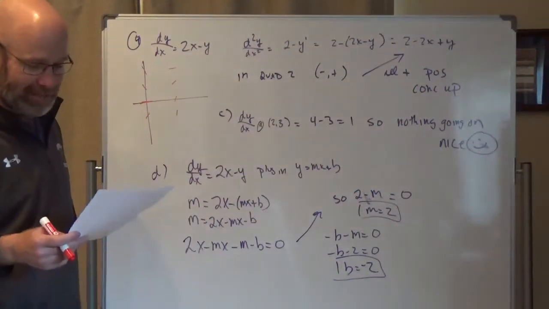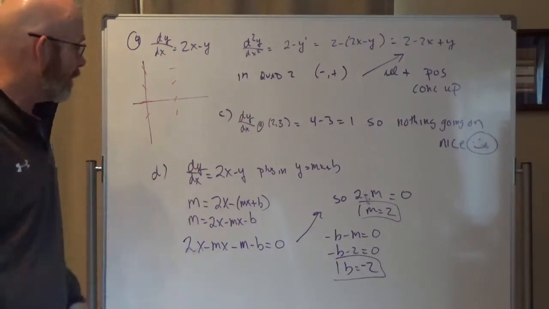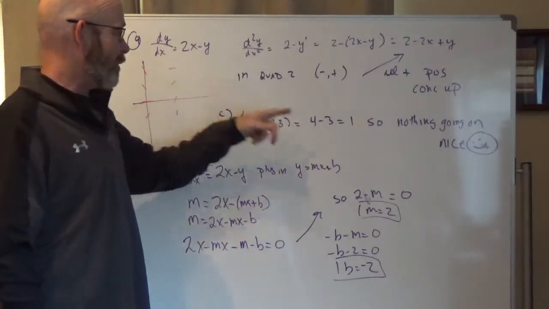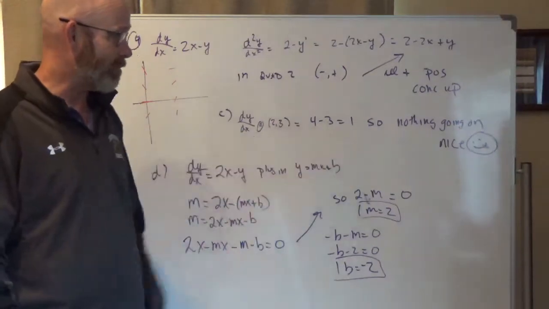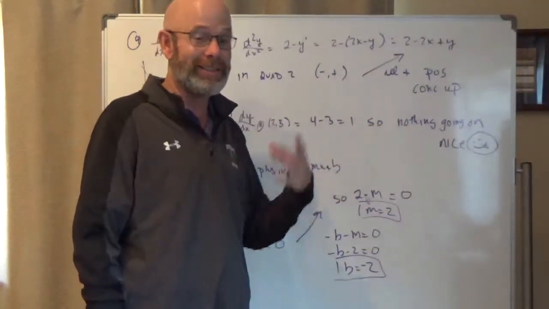Part C says, at the point (2, 3), is there a minimum, a maximum, or neither? So I plug (2, 3) into the derivative. And I got 4 minus 3, I got 1. So since I didn't get 0, it can't be a minimum or maximum, so it's got to be neither. Nothing's going on. I thought that was kind of nice, because normally it's 0, and then we got to go